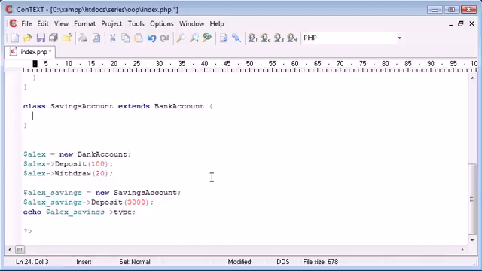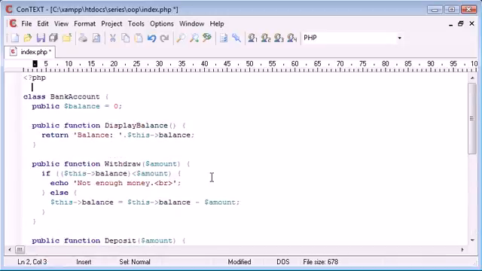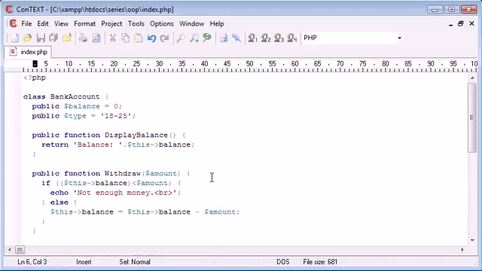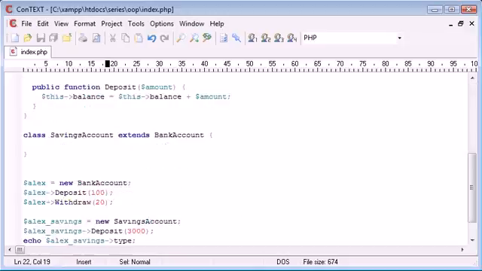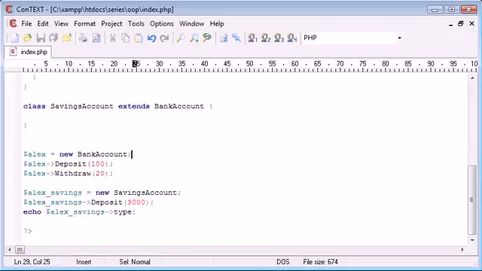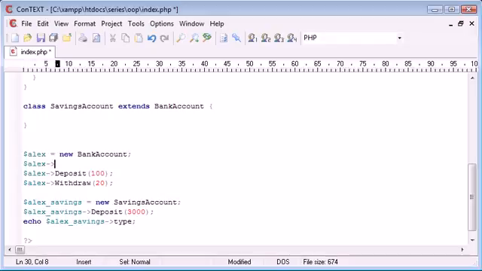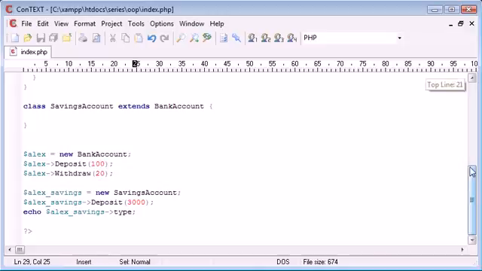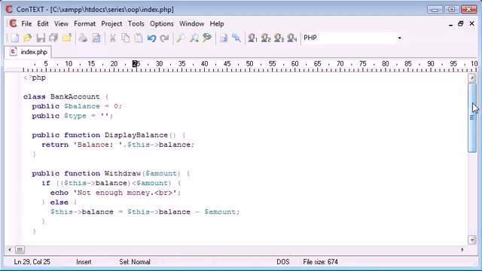But if we did want to use it with bank account, we can cut that from there and put it in there, and now what happens is this is available for each instance we create. So what we might do is create a new bank account, and then we might give it a specific value, and we'd need a method to do this. So we could create a new method called